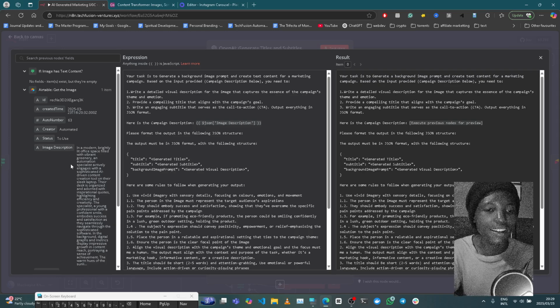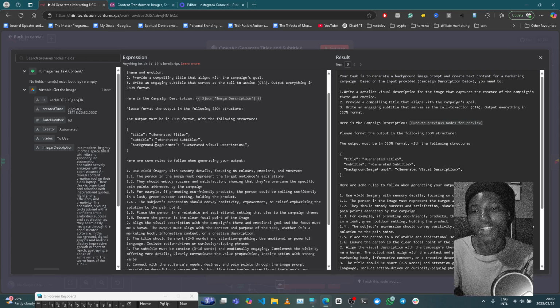You'll see here that the image description actually changes, and this is because what we do in the next node is we update that image description with a new image description that it comes up with, which is the background image prompt. You'll soon understand why we do that. What we come up with is the idea, what it comes up with is the image prompt, and then we use that image prompt to generate the image content and do other things. So yeah,